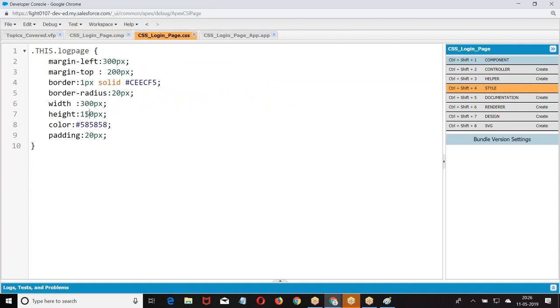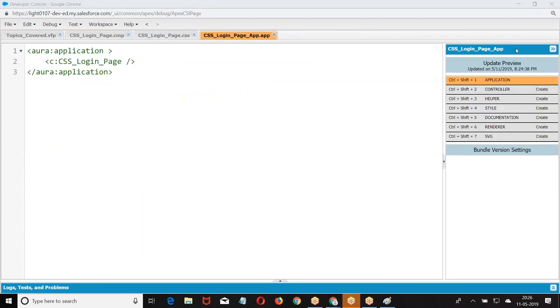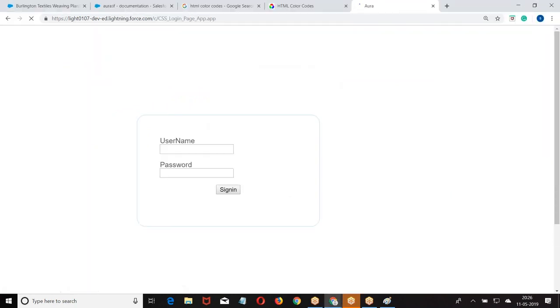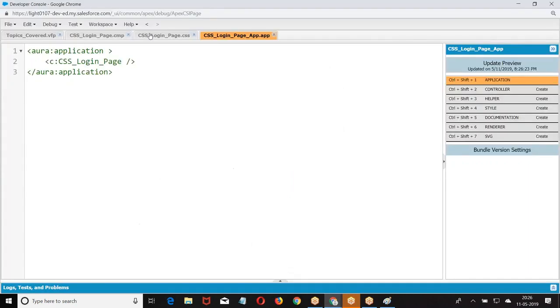Margin we can increase. Padding, 20 pixel. So align your CSS in proper style so that you get a proper look and feel.